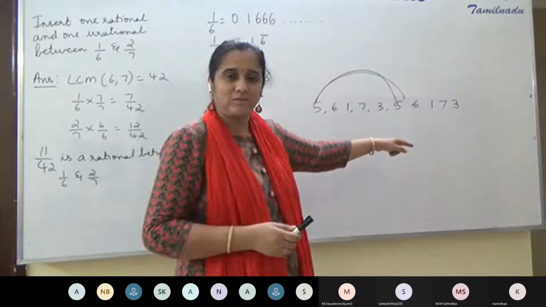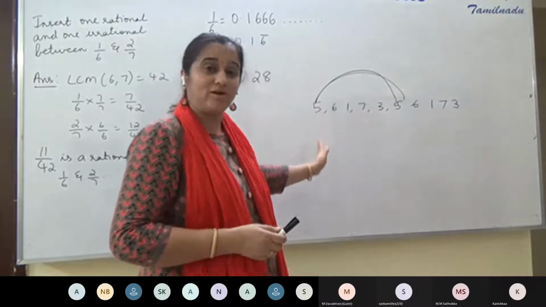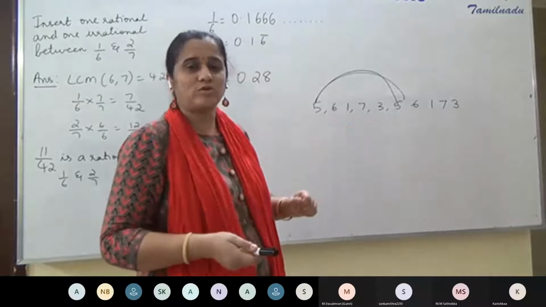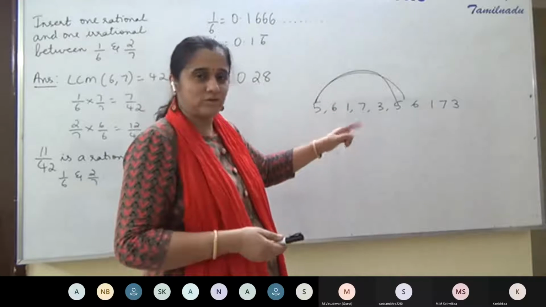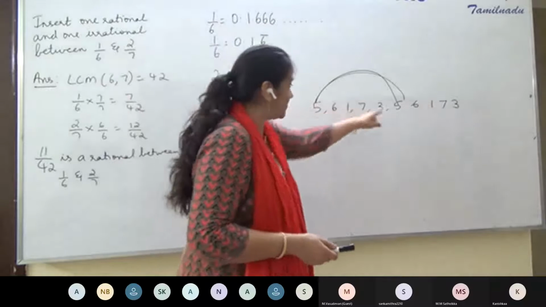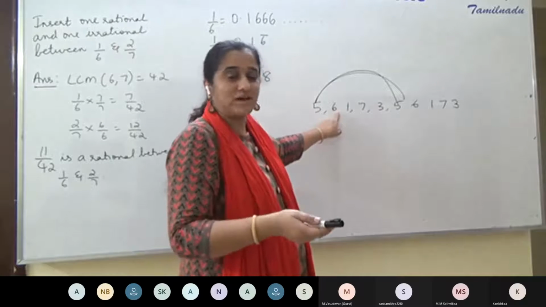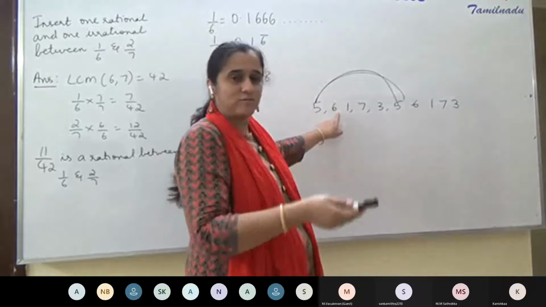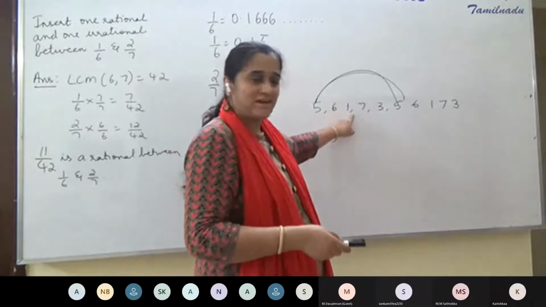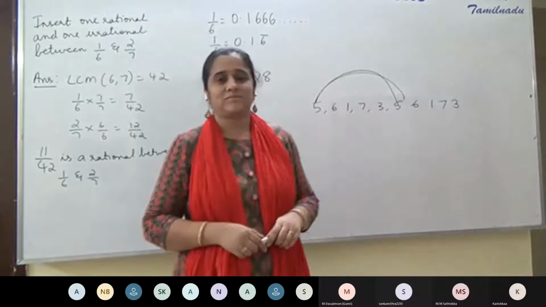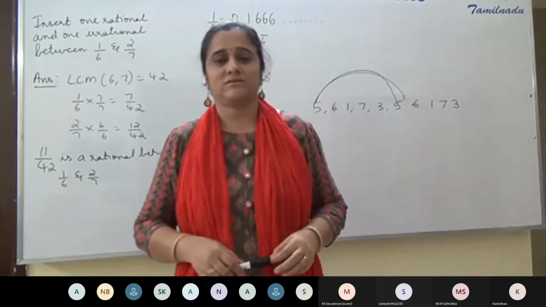When you get 5 as a remainder, you realize that you had already got 5 as a remainder earlier. There you can stop the division. But if you just want to check, you can do one more step. When you do that, you will get 6. After 5, 6 was the remainder. And if you still want to confirm and do one more step, you will get 1. And then 7. And then 3. And again 5, 6, 1, 7, 3. I hope I'm clear, children.